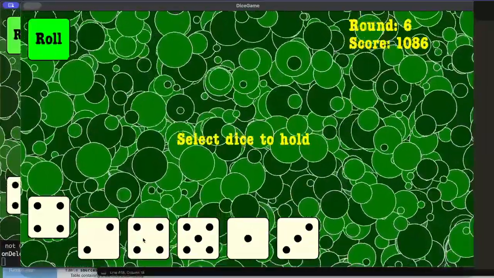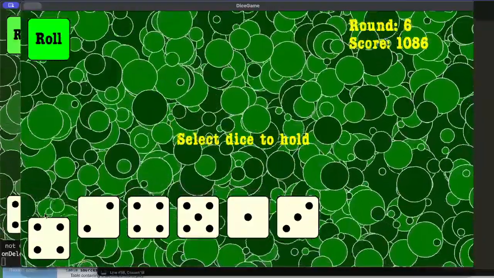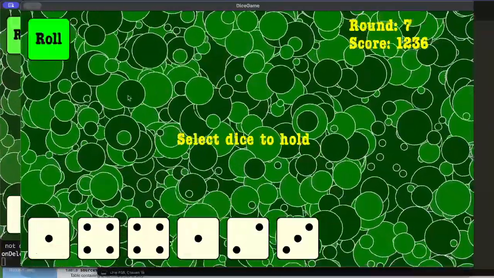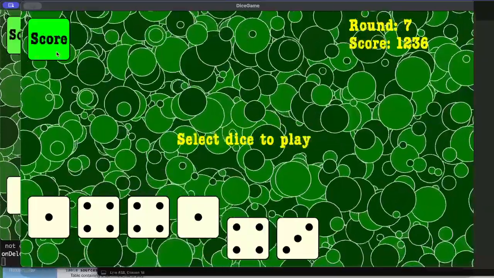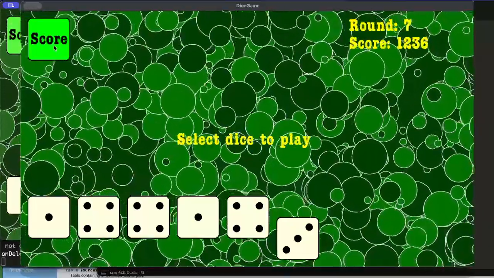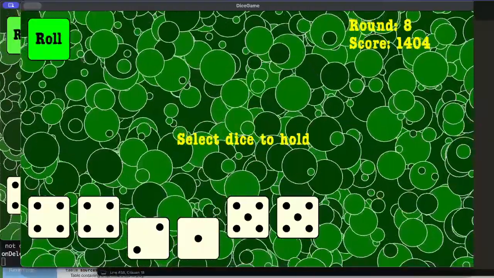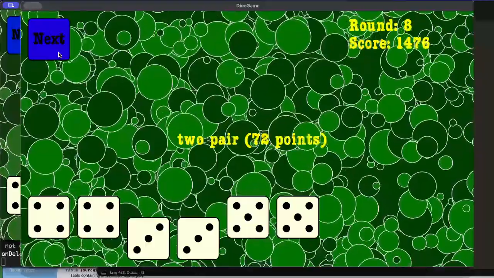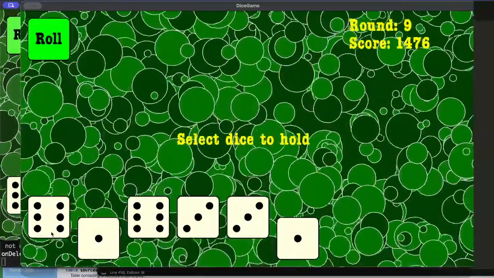I guess the hard part here, from a player perspective, is it seems sort of arbitrary. But you know, honestly, when I play Balatro,